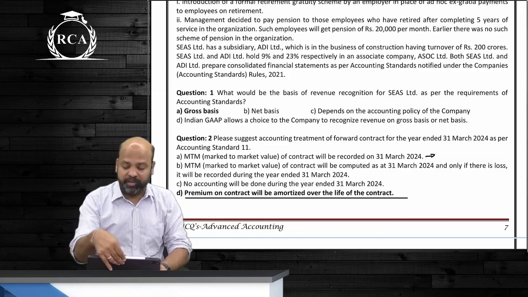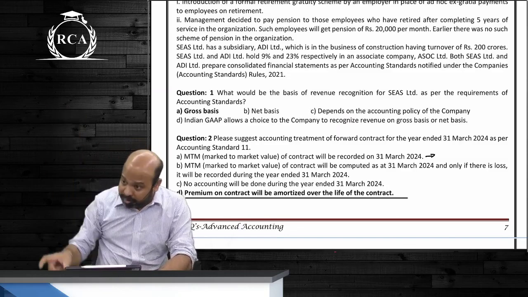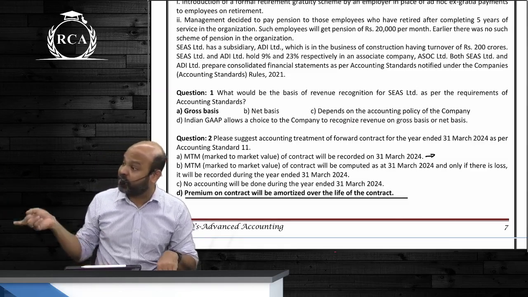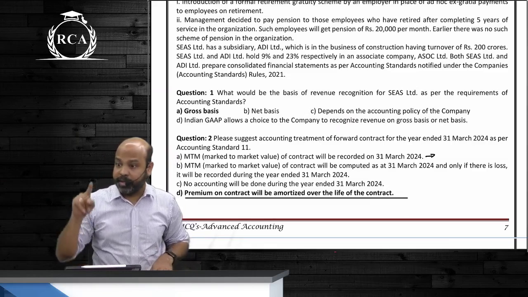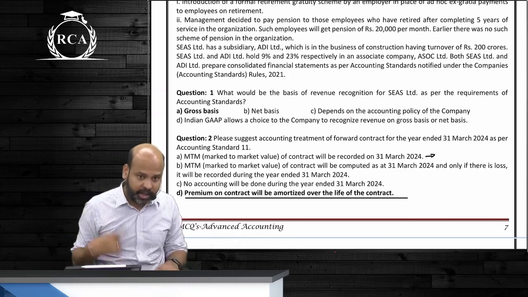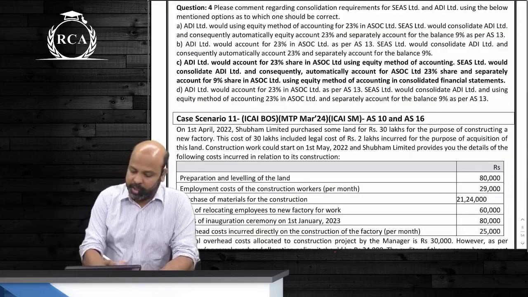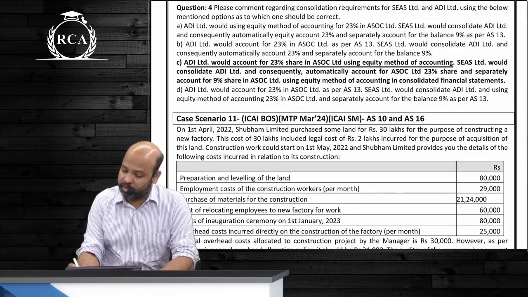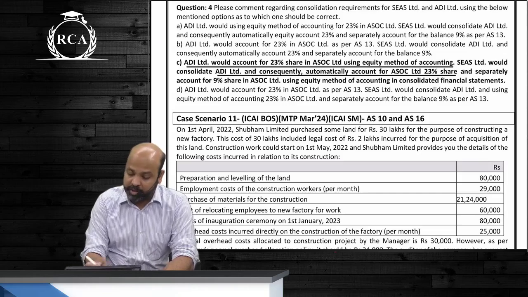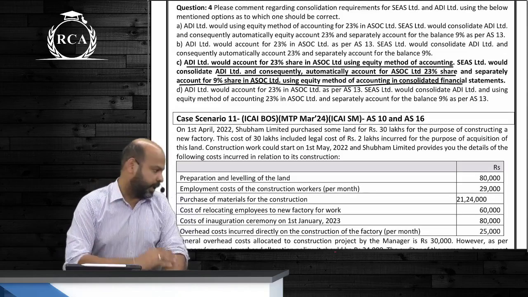Whatever is your share of profit as such beta will be added to the carrying amount of investment. Yes or no guys? When the holding company is presenting consolidated financial statements, it will incorporate that investment and also add additional 9% share in profit. ADI beta will add only 23%. Answer beta: ADI would account 23% share in associate using equity method. C's will again consolidate ADI and automatically get that 23%, and separately add another 9%.